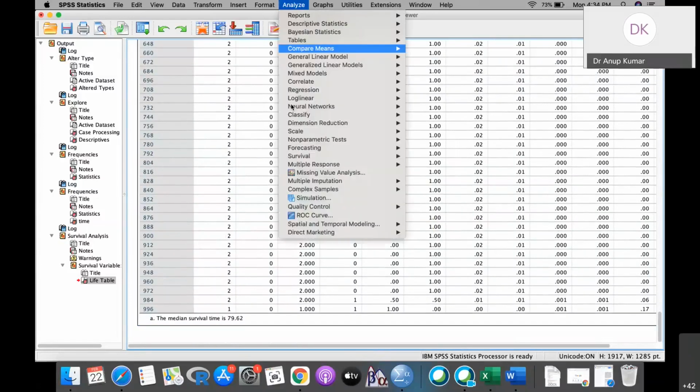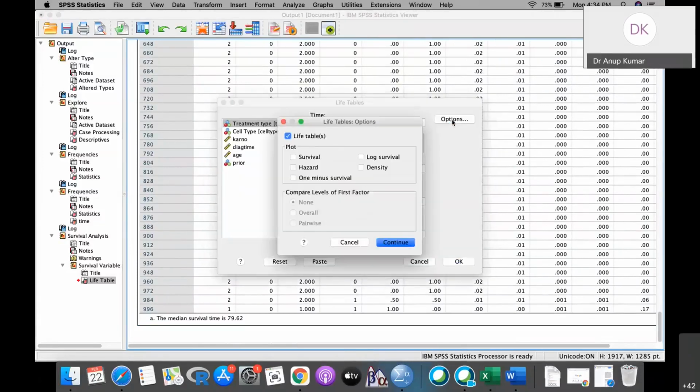So for getting the graph into the life table, just go to the options, and here you need the plot. So you need the survival plot, or you need the hazard plot, or you need the density plot. Some people also ask for the log. So there are lots of kinds of survival plots available. Then continue and then click OK.